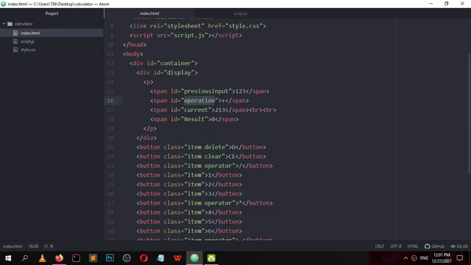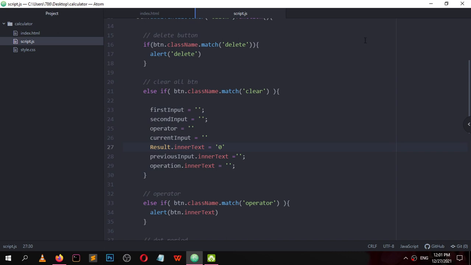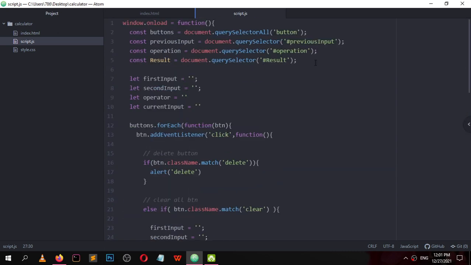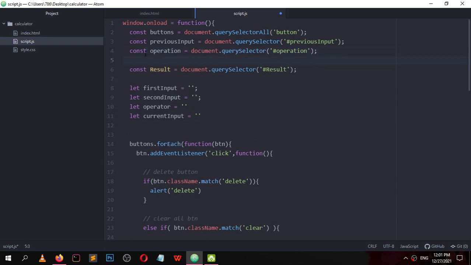So select this. This is the current. It has an ID of current. Let current equal document.querySelector, with an ID of current.